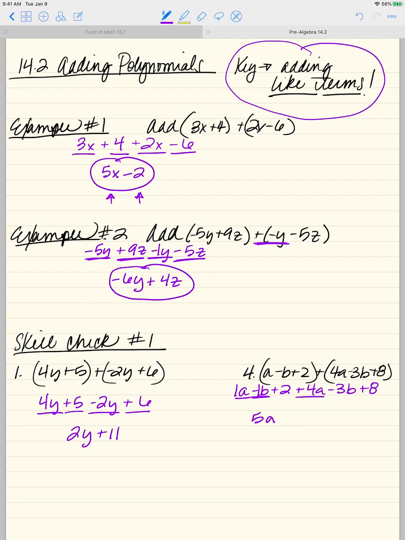Negative b, we can write that 1 there just to keep track of it, so that's negative 1b minus 3b gives me a minus 4b. Positive 2 plus 8 gives me 10, and that's as simple as we can make that one. Practice with number 2, and you should get negative 4x plus 3, and number 3,